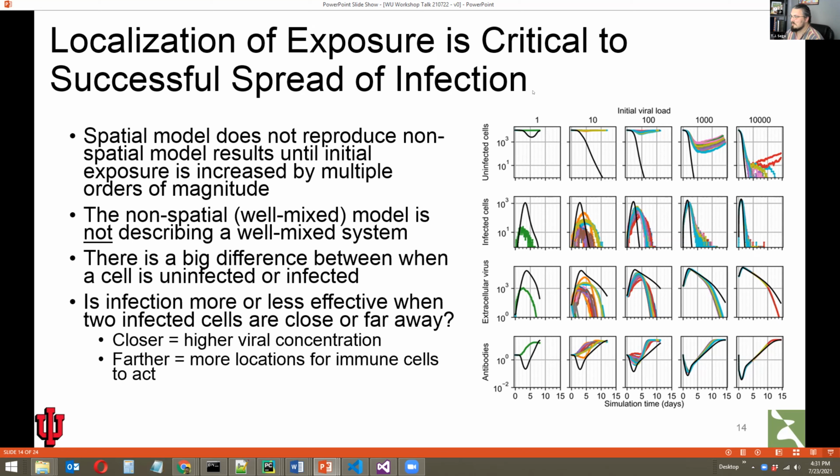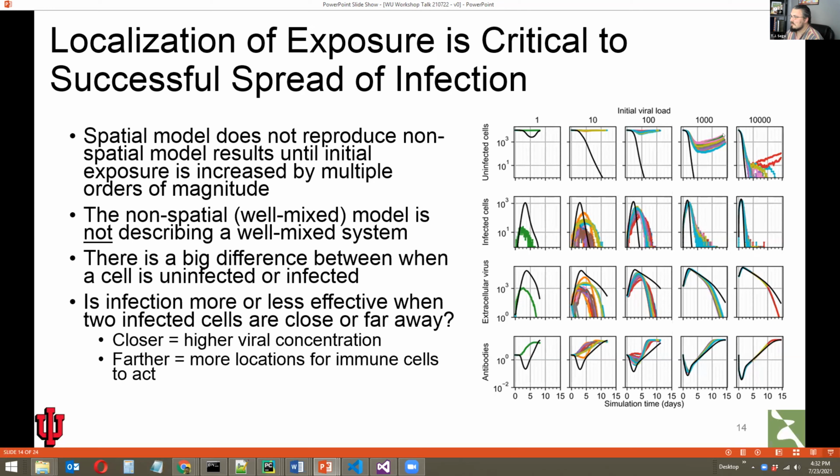In these first two columns, the first was a non-lethal scenario, a lower exposure to virus, and the mice survive. And then you increase the viral exposure by a factor of 10, and in the mice, you find that they die. We find that in the spatial model, when we use those same initial conditions, we have to increase the amount of virus by a factor of 10,000 before we can get any simulation replicas to produce any sort of lethal outcome.